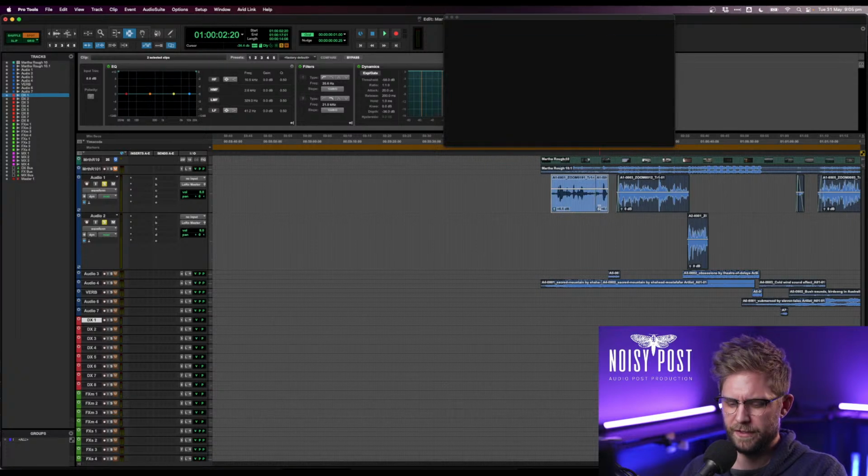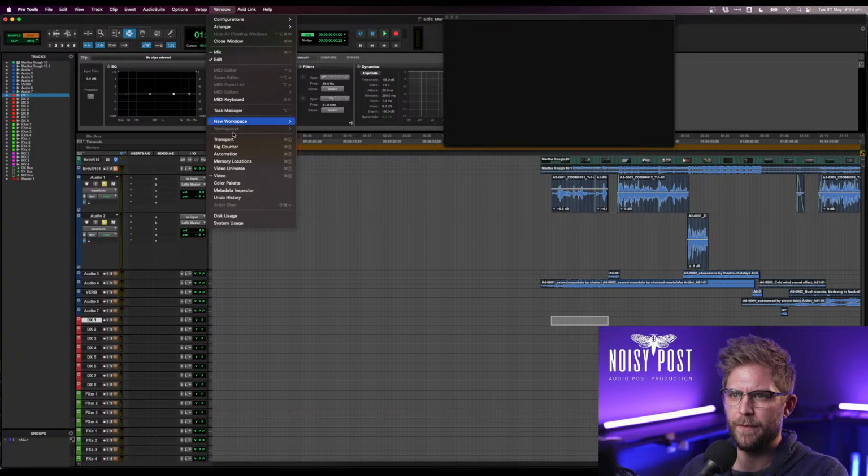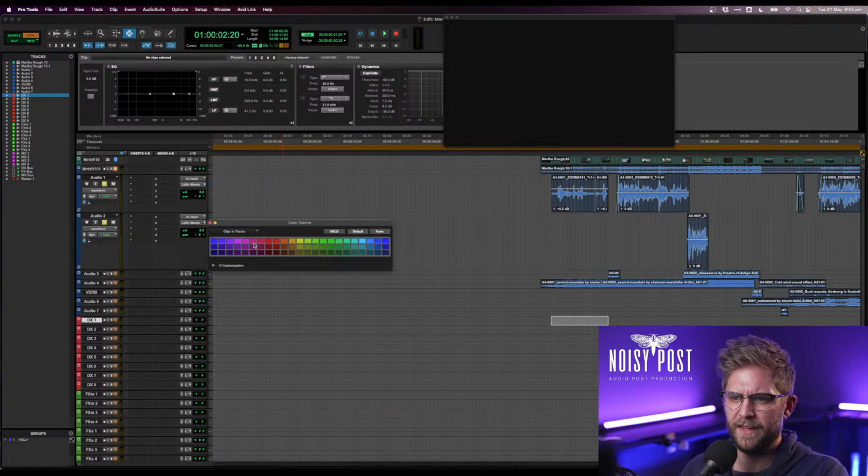So what I'm going to do is select the audio. If you press P and the semicolon, you can go down and we can just paste that if we want. Now, one thing I will do as well, if we go back to color palette, what you can do,